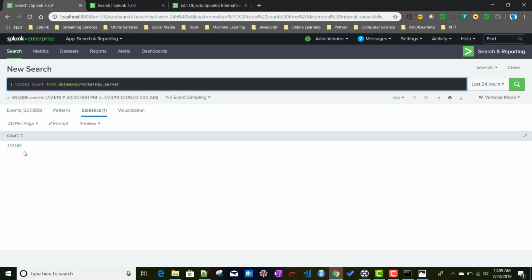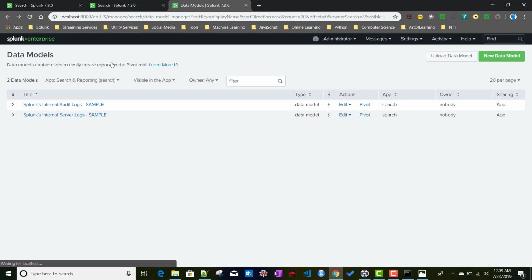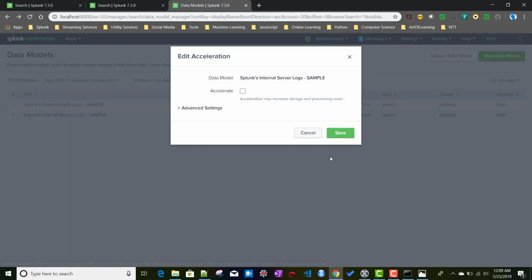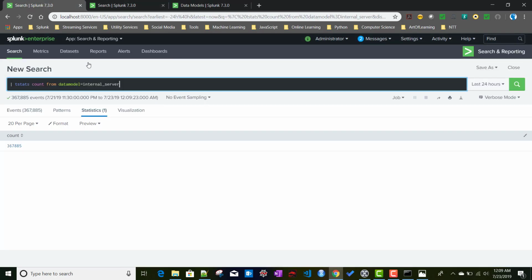It gives you a count, but this particular data model is not accelerated. If I go back over here, you see the acceleration is not turned on, right? So in that case the query performance will be the same as